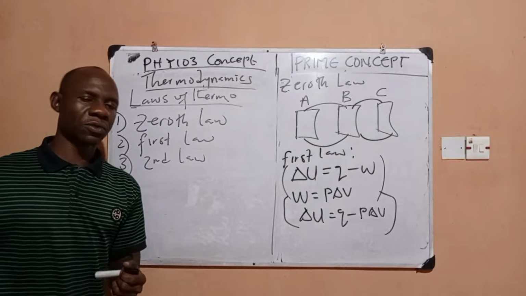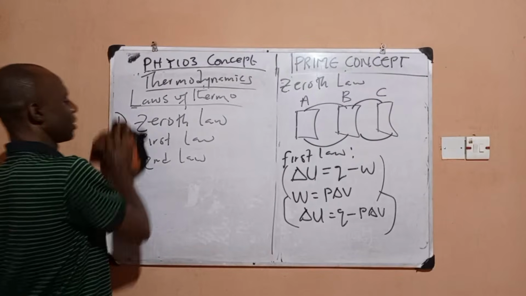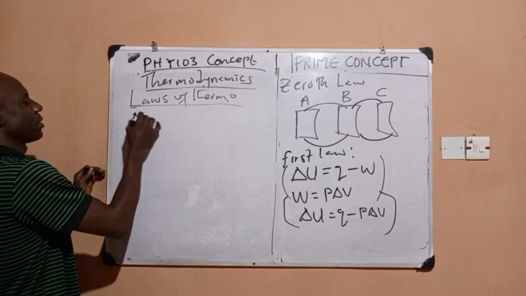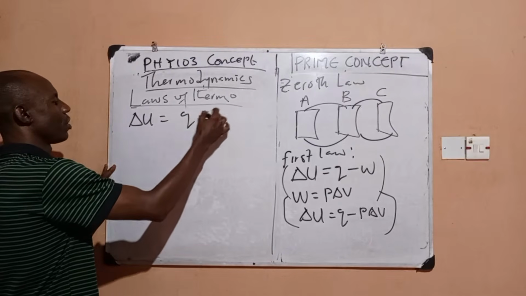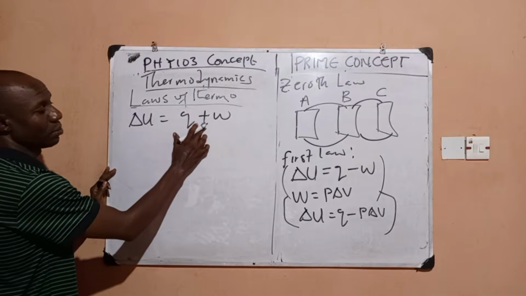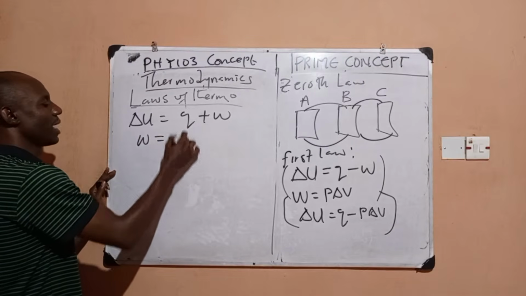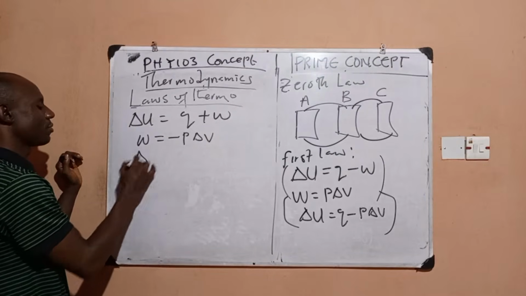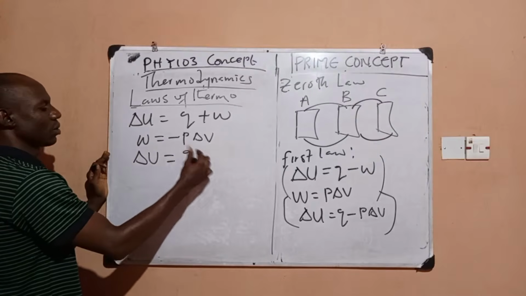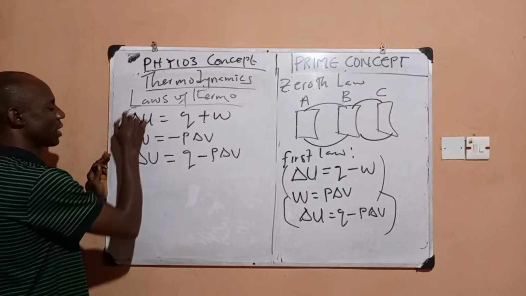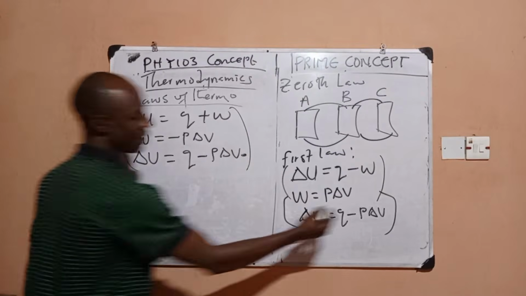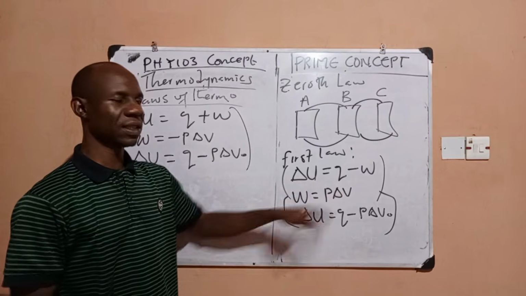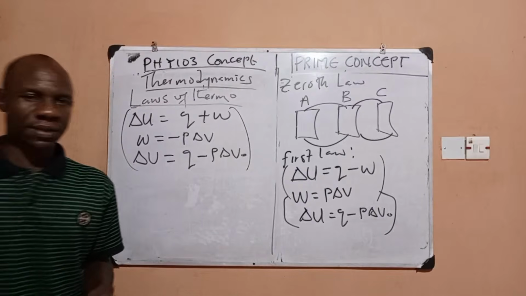Now, in case you decide to follow the convention that AI gave, which is still a correct formula, you have that delta U is Q plus W. This is still correct, but if you are using plus, it means that your W is going to be minus P delta V. This is what you'll be using. So that when you replace this, you have delta U to be Q minus P delta V. So you can see at the end of the day, your end point, which is this, is still the same thing. That is what matters. So don't mix it. But I would prefer to use this. I don't want to use this, even though it is correct. I hope that is clear.